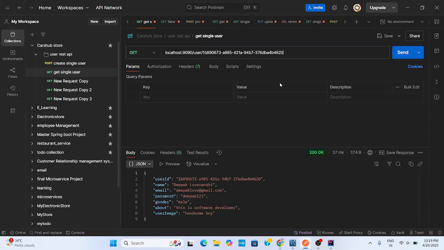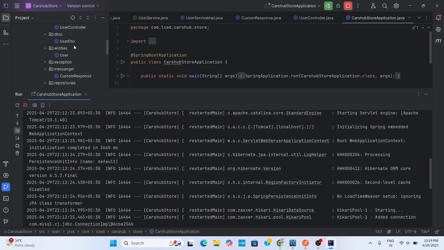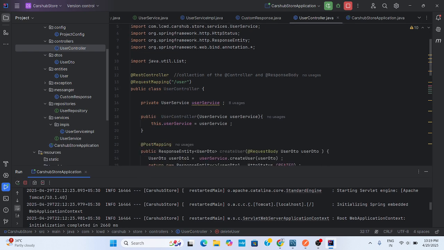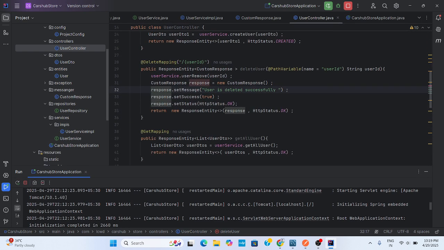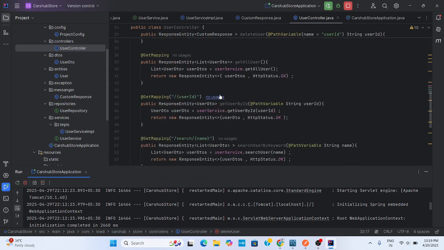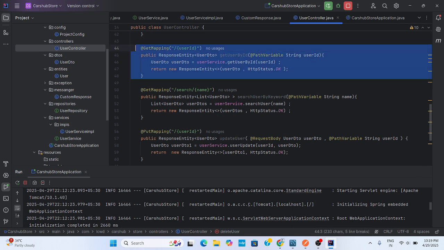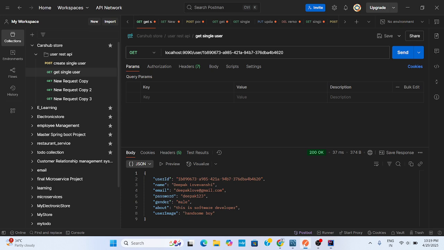For example, I want to check this endpoint to get user by ID. This endpoint is working properly.